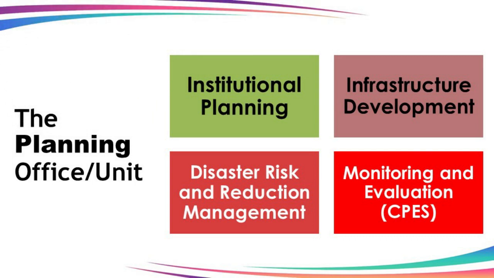The process of planning in the university is facilitated by planning units, which are structurally set up in different levels from the university down to the college or institute level to provide the needed support and services in terms of inputs to planning and to consolidate outputs for planning. These units with their respective function and scope of work include the Institutional Planning Office, which provides quality services in the formulation of institutional development plan, operational plan, and project developments, among others.